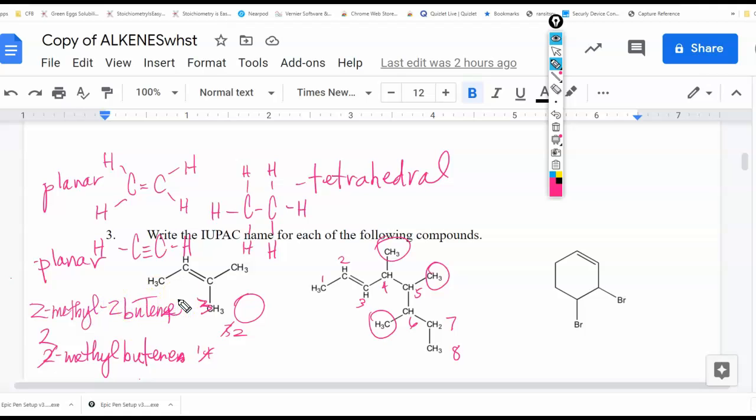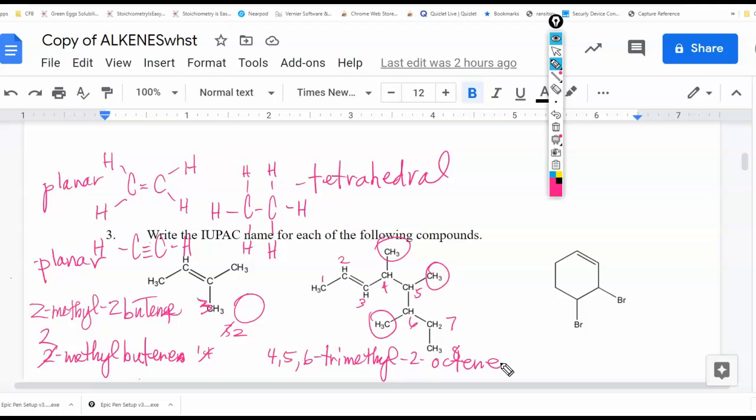Okay, so over here, I do have a 2-octene, but my methyl groups are on the 4, 5, and 6 carbons. So here we go. We have 4,5,6-trimethyl-2-octene. Okay, and then this one I have